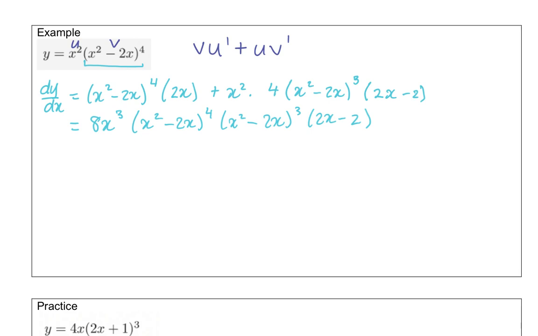I'd really encourage you to do this question by yourself. Pause the video and then come back and check and see if your solution was correct. So vu dash plus uv dash. There's my u and v. u is always first. So dy/dx, so (2x plus 1) cubed times 4 plus 4x